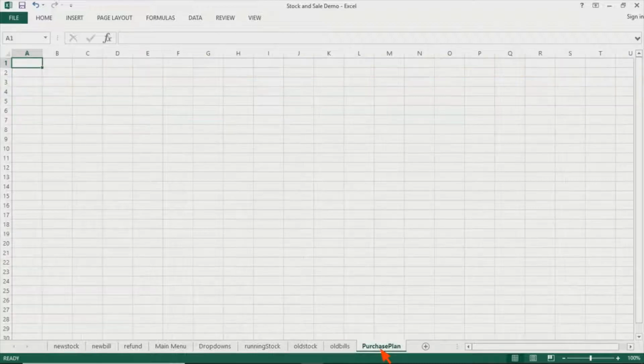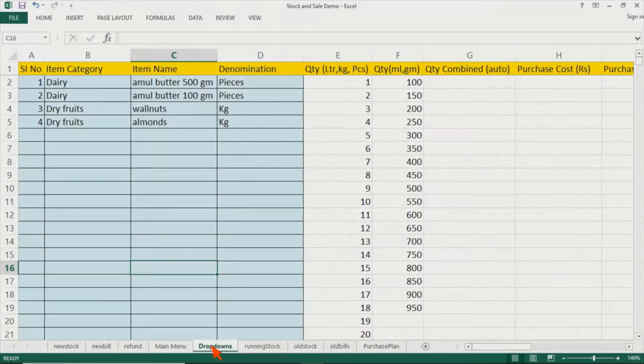The purchase plan worksheet is not yet populated. This is a future plan. The plan is to create a purchase order for the shop on a single click of a button. Basically, whenever you add a new item, the lower cutoff value and higher cutoff value of that item would be asked for. And on any day, any time, in case the shopkeeper wants to create a purchase order to bring up the stock back to its desired level, he can just click one button and the purchase order will be populated for him.